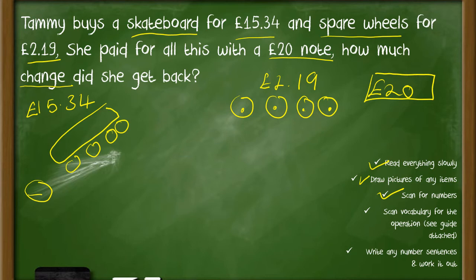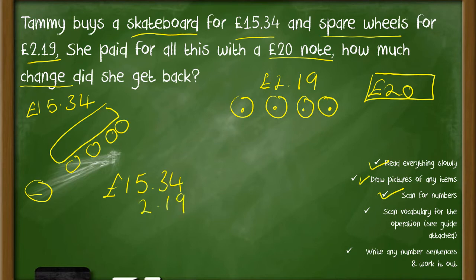Hopefully the way they will do it is, right, they have to figure out how much they've spent first. So I've spent this and I've spent this. So before I can work out the change, I need to add how much I've spent. So you should see notes of roughly £15.34,